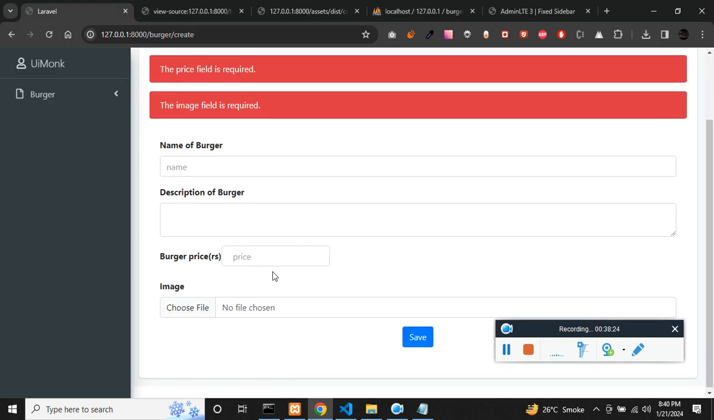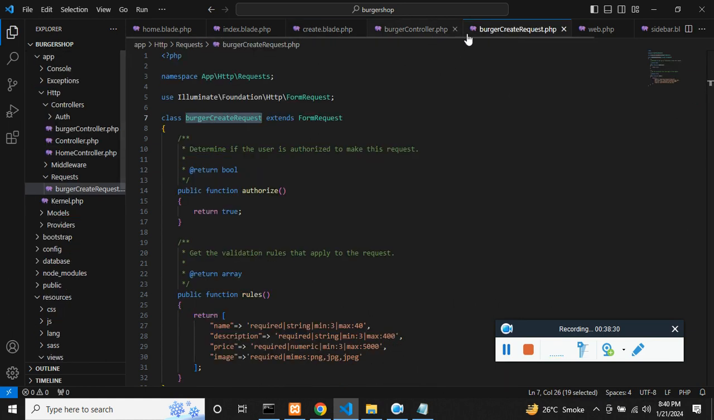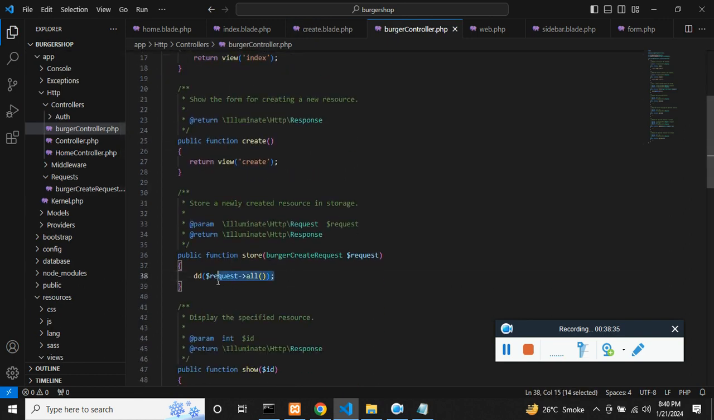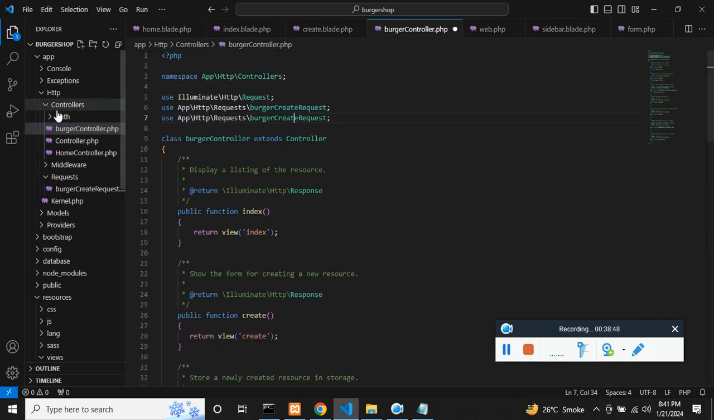Now if I type something, the data will get into the store function of the controller. Here I'm going to call the model, because I'm going to get all the HTML values with the help of this request and store them into the database with the help of the model. So here we need to call the model inside